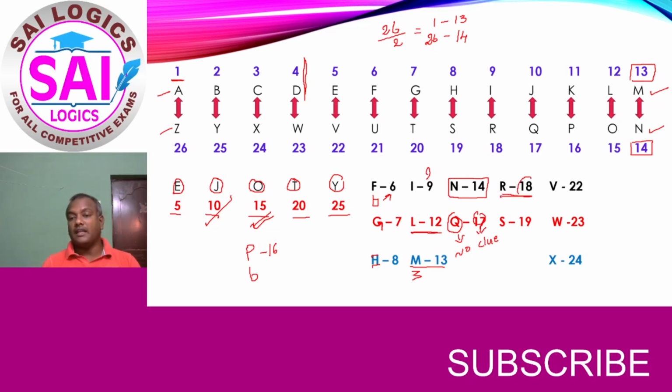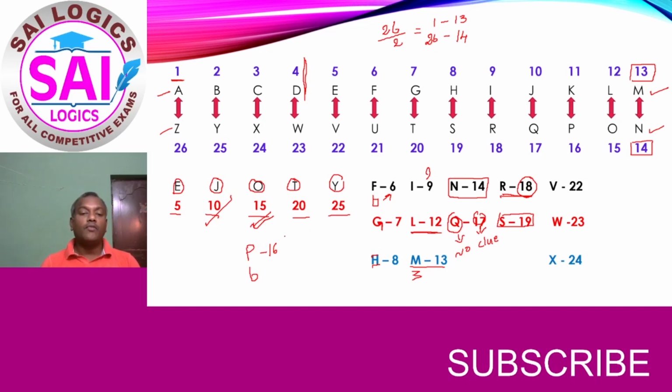R is 18. In Hindi we call 18 as Atara. So R Atara, R Atara. This is also a rhythmic pronunciation. And S is 19. Even in Hindi we call 19 as Unis. So S Unis. This is also a rhythmic pronunciation. So L, R and S, all 3 are rhythmically pronounced alphabets with numbers.